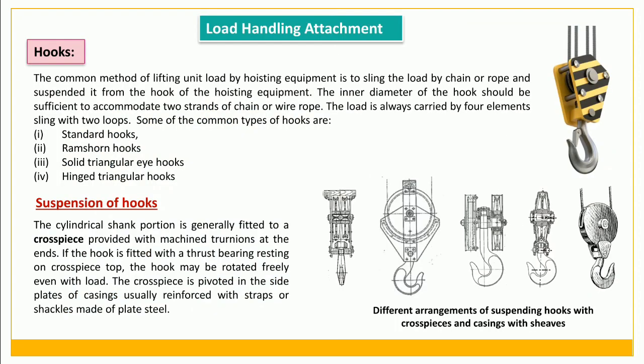Now we are going to discuss different load handling attachments. The common attachments used with various hoisting equipment are basically hooks, grabs, grab buckets, ladles, and electromagnets. So there are different types of attachments available. The first attachment we are going to study is the hook. A hook is nothing but a common